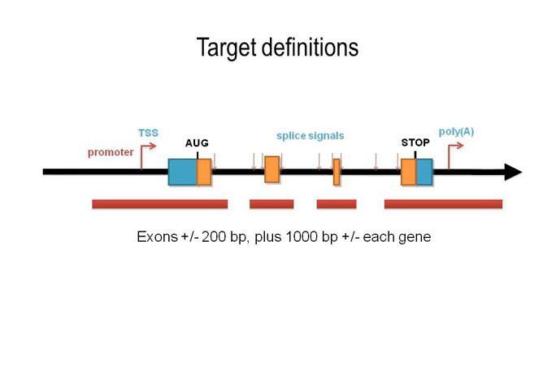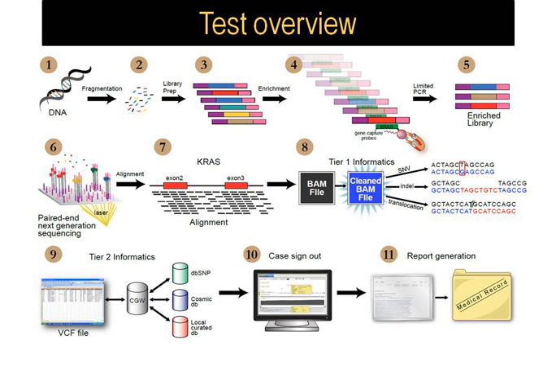We don't do hotspot analysis, but we look at the whole gene. We look not only at the exons, but 200 base pair on either side of the exons, and also we look at a KB on each side of the gene. So it's very comprehensive, and we look at the whole coding exon plus the intronic region, some of it. So this is an overview, and I think I will be preaching to the choir if I go over this assay,